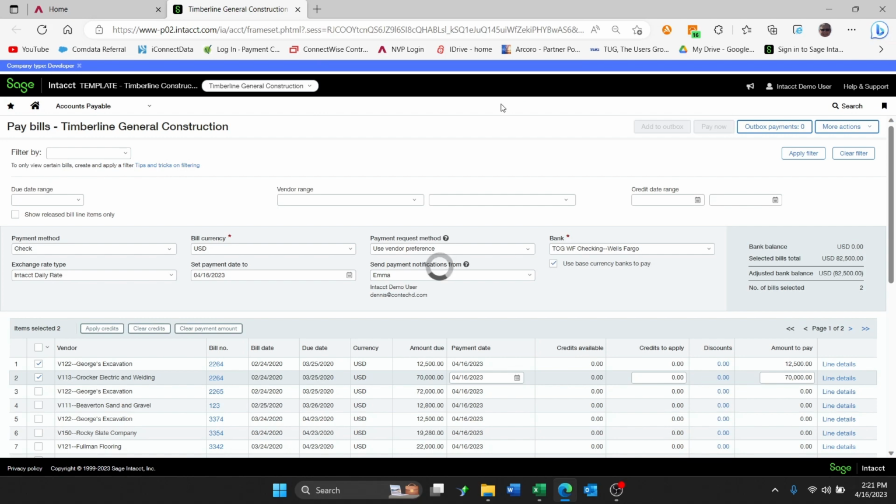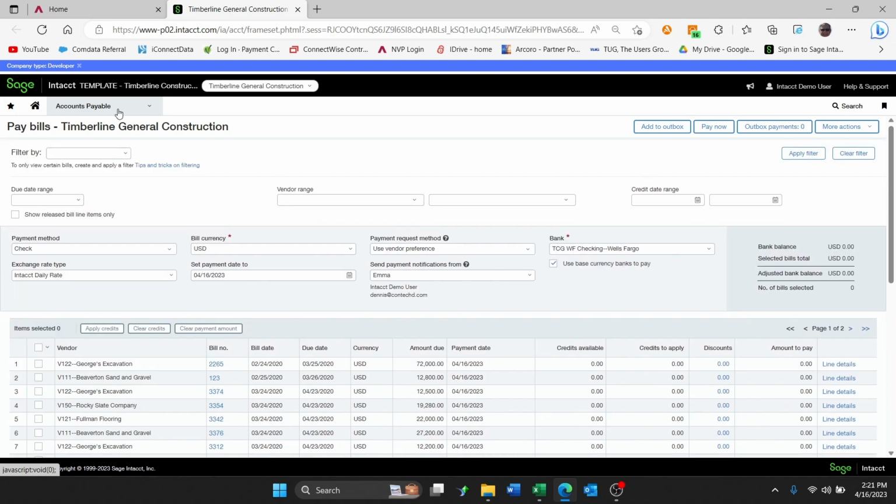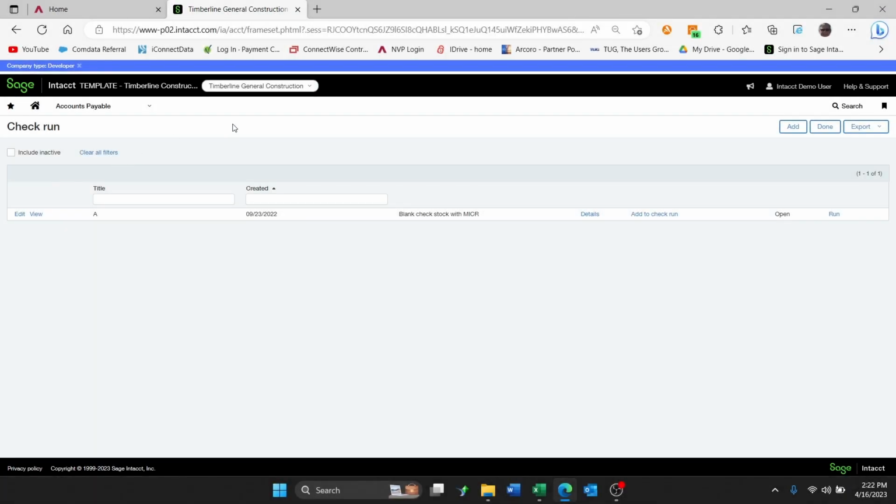Once we leave the Pay Now screen, we're going to go and actually process a check. We process everything as a check in the system, whether they're going to be a virtual card, a check, or an ACH, because we return information back into Sage Intacct to tell you exactly how they were paid. Inside,